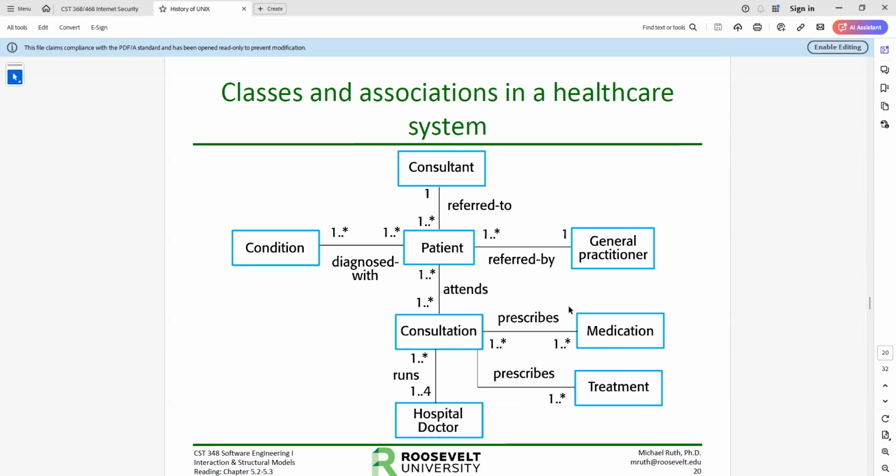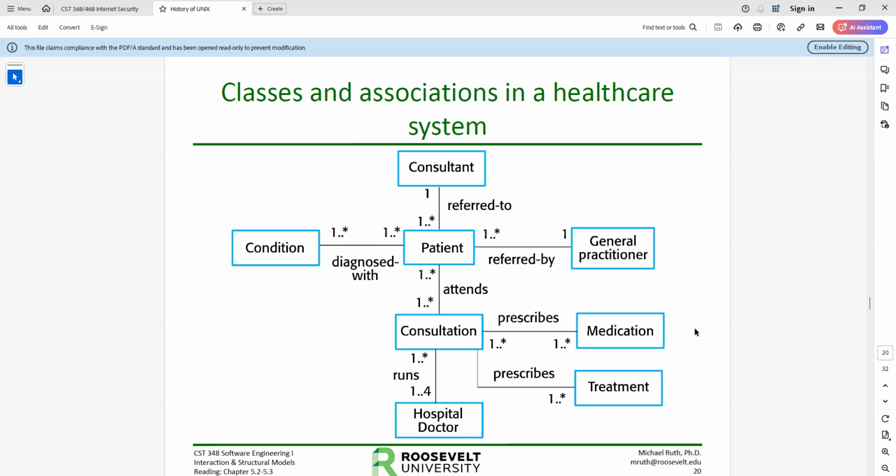One of the things we think about in this process of thinking about associations is one to many, many to many, and many to one. And what do you mean by that? What are the numbers? How many different patients can a consultant have? Does each patient have multiple consultants? What about consultations? How many doctors are at each consultation? How many consultations does each doctor have? It's a way of breaking that down into a way of thinking about it